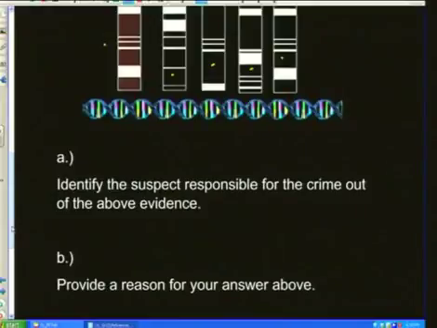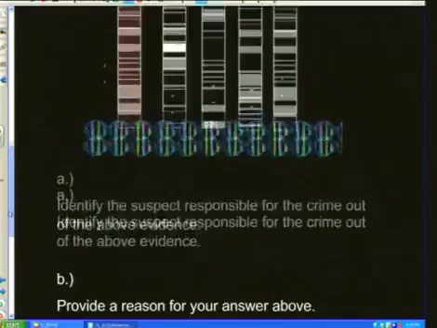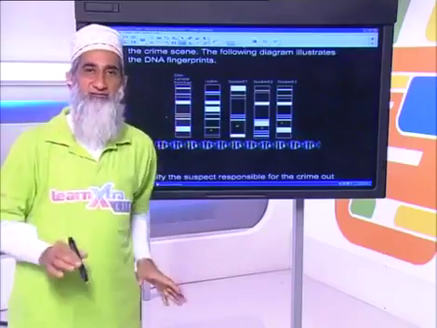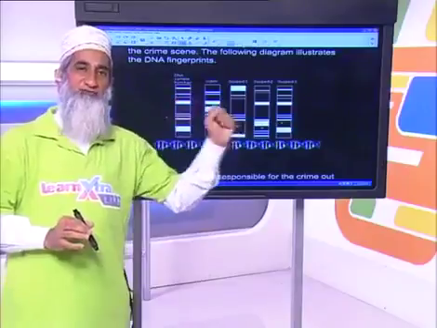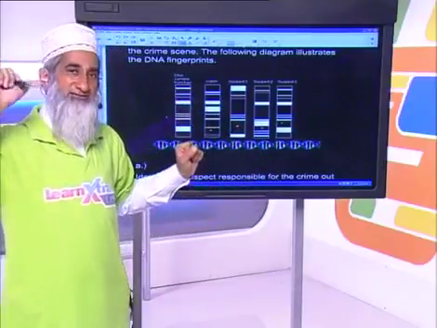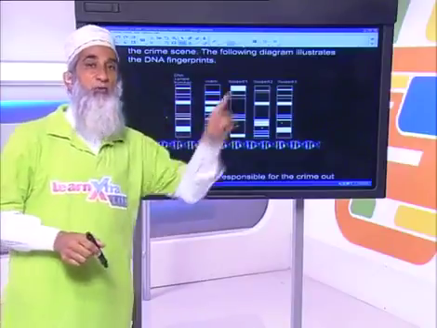Identify the suspect responsible for carrying out the crime, based on the evidence above. Now, how do we do this? This is a simple matching thing. If we found evidence on the crime scene, and the suspect has the same DNA, then it's probably him